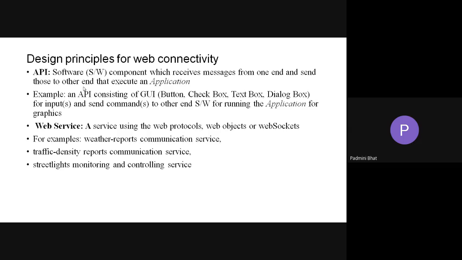The pop-up receives your request. Your request is from and to, and only then can you get the response. If you put only from, you will not get it. If you put from and press search, it has to pop up and highlight to. All this job is done by the API software.